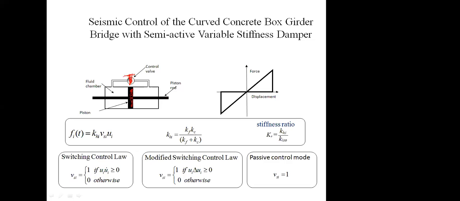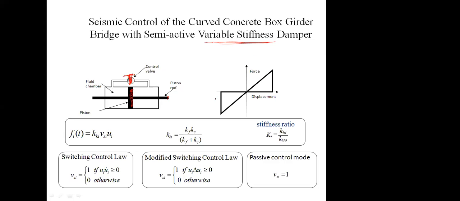So this is another type of semi-active damper, which is the semi-active variable stiffness damper. The name itself suggests it is a variable stiffness damper. The post deformation behavior for this damper is like this. When it is on-off type, when control is on, the damping force will be this one. When control is off, it becomes zero damping force.